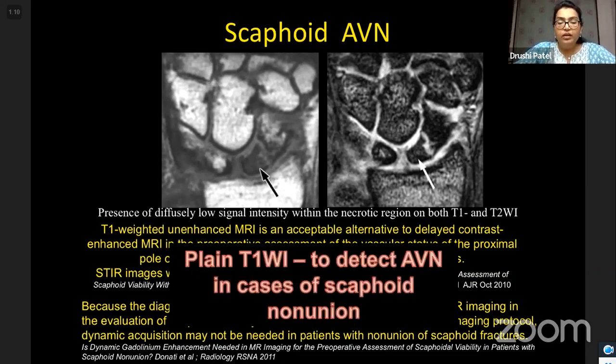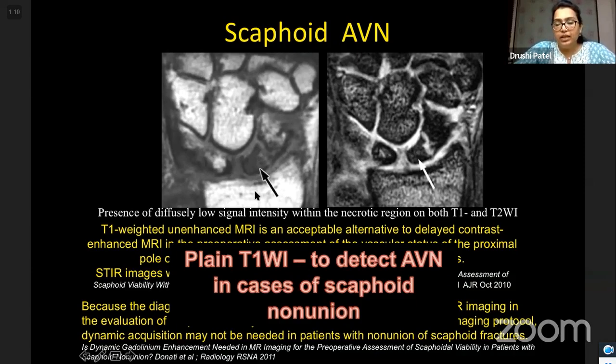The final verdict is that you can still rely on plain T1 weighted images, and when there is presence of sclerosis, it helps document that there are changes of avascular necrosis in a case of scaphoid non-union. So you can rely on plain T1 weighted images to comment